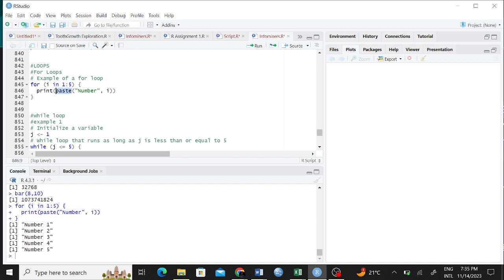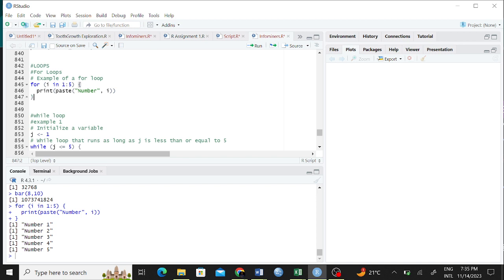I think maybe you talked about what a paste function is, right? Paste function is used for concatenating strings. You can concatenate strings and numbers. You can concatenate strings and strings, right? And that is something that we covered on day one. There's paste and also there's paste0. Paste0 does not allow for space between the two things that you're trying to